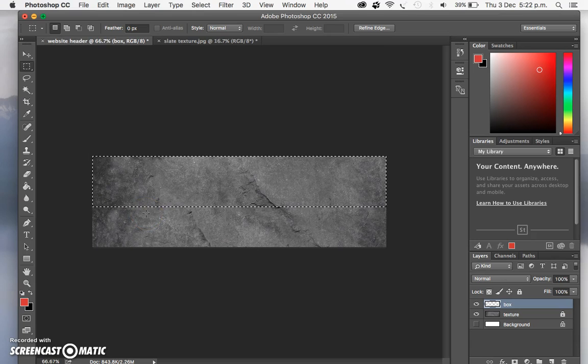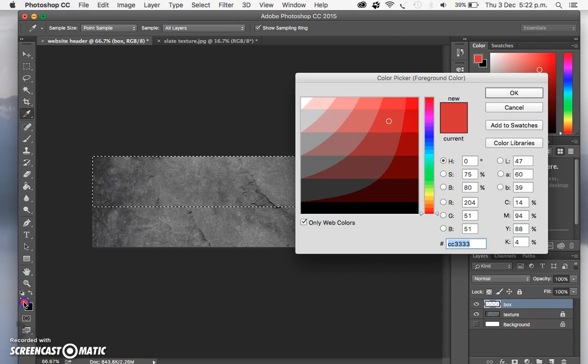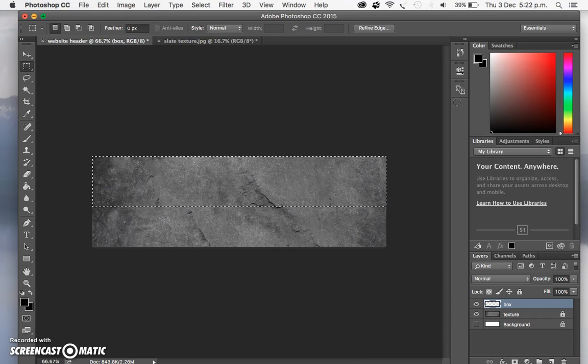Once you've selected this and dragged it on, you will get this moving black and white image. It's just to show you where it is, because otherwise you won't be able to see it. So whilst it's like this, you can come down here and you've got your foreground and your background colour. For this I'm just going to change it to black,